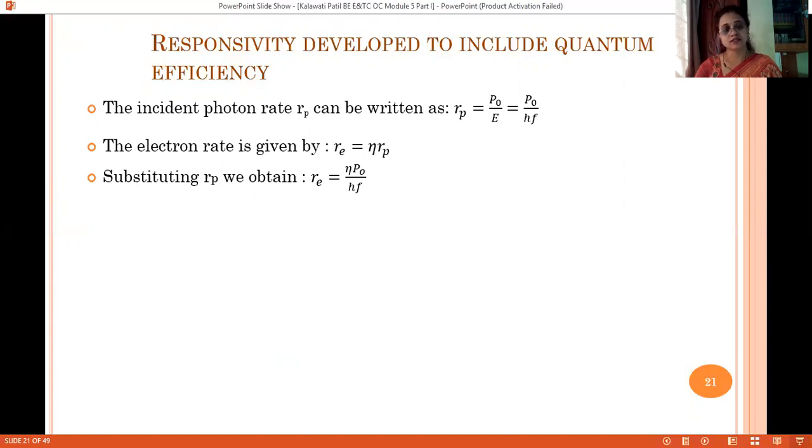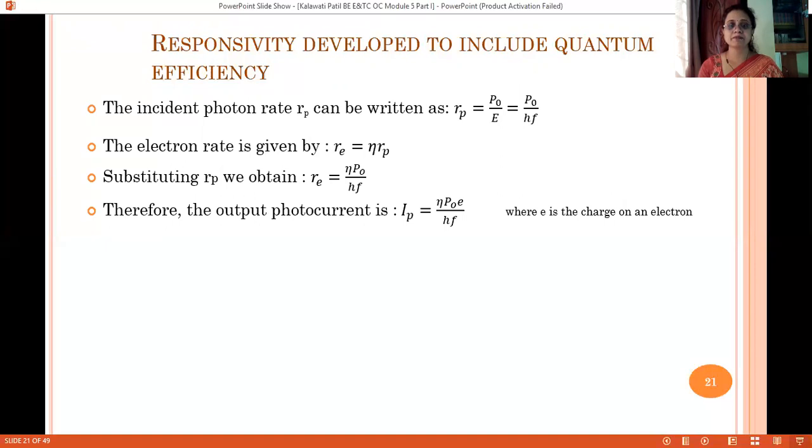Now from this expression, if I want to calculate the photocurrent, it is very simple. I just need to multiply by the charge on one electron, and hence we get the expression for the output photocurrent. From the previous slide, we know the expression for the responsivity, which is Ip upon P naught.